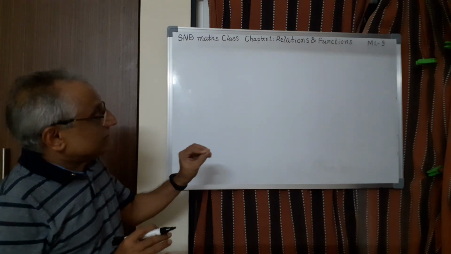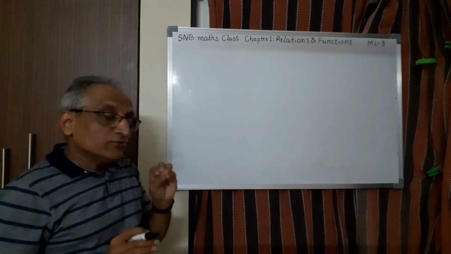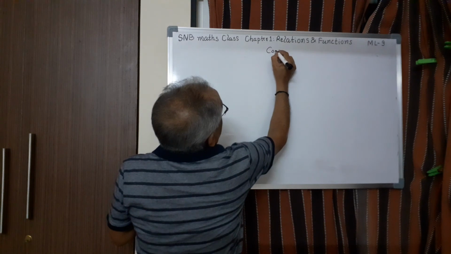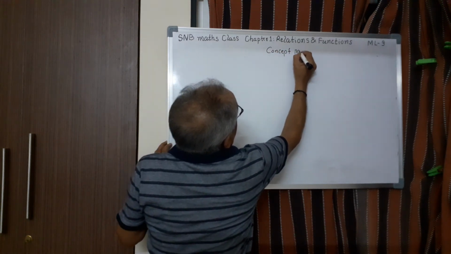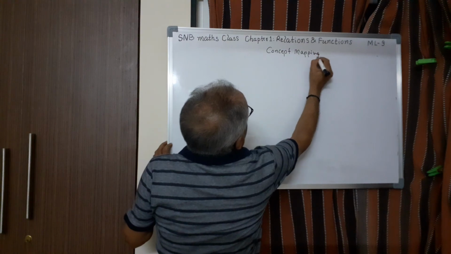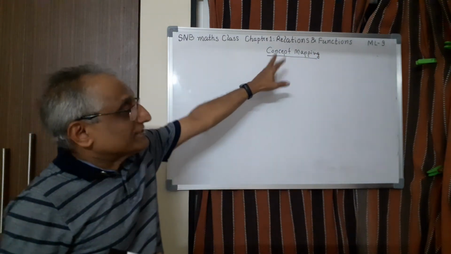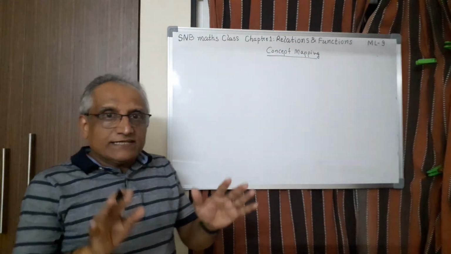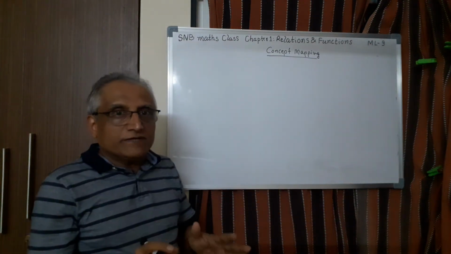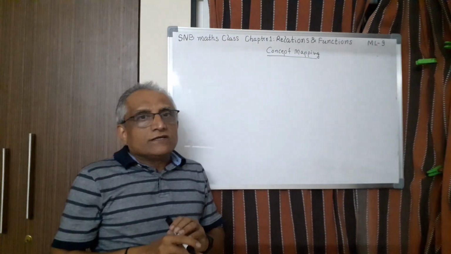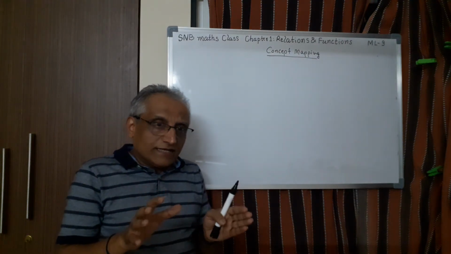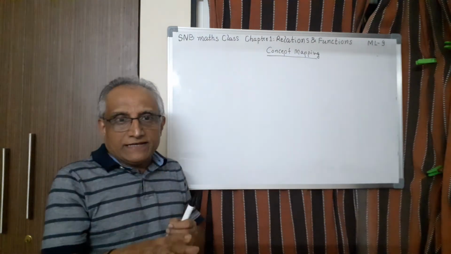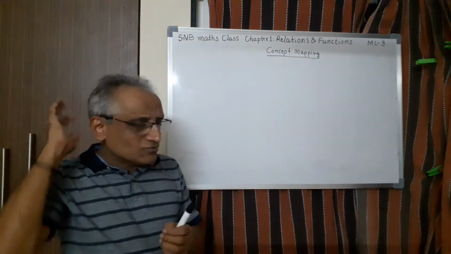Now as a tip, let me conclude this with one small idea which you can implement in your study. The idea is this: there is a concept called concept mapping. Before telling what is concept mapping, let me tell you one thing. Imagine that you have a study room, with a study table and a book rack where you keep your notebooks, textbooks and other things. Suppose you are organizing all the material well. For example, on the table you keep your pen, pencil, eraser, calculator, so many other things, whatever is required